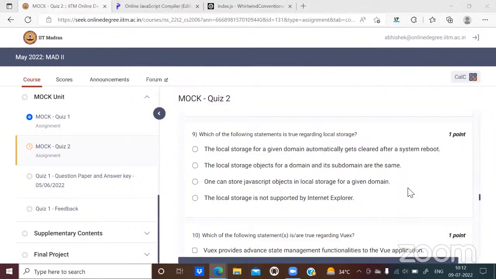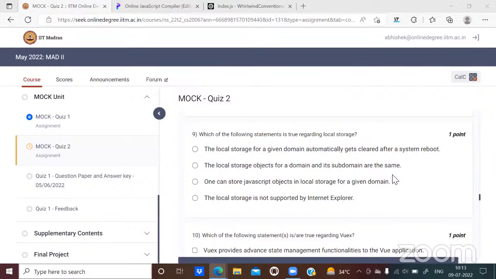There are mechanisms using which you can access the local storage of your root or maybe of your subdomain. But the thing is, they are not directly accessible. What do I mean? Let's say I open both of these websites in two different tabs in my browser, one is abc.com, the other one is abc.abc.com, and I inspect their local storage and their session storage. They are not going to be seen. But there are mechanisms through which they can be accessed.